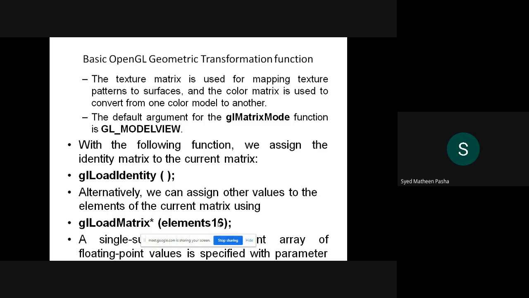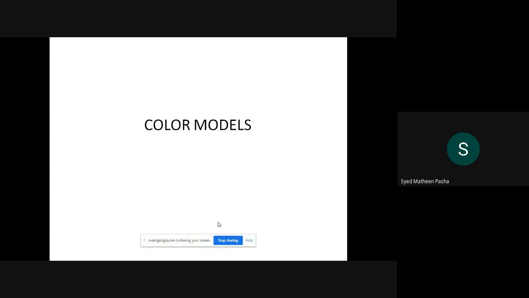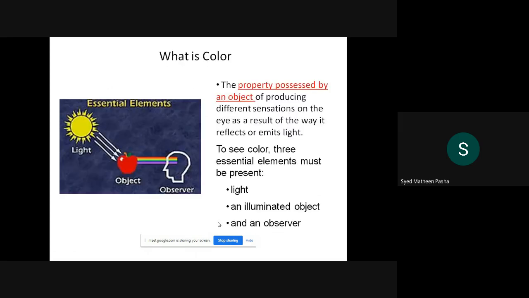Now, the last part of the module, almost 60 to 70% of the module is done. That is the third part. The last part of the module is color as well as illumination models. This part is basically interesting, where you'll check out the different types of color models. Before moving on to the color models, we'll check out some of the properties of color, then properties of light, and different color models, which are very important questions from your examination point of view as well.